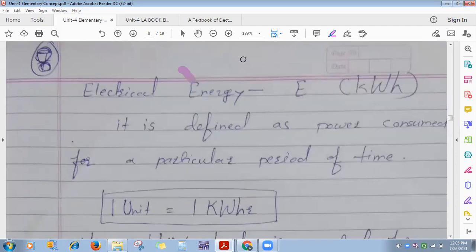Next is electrical energy. An energy meter is there at your home. Electricity is not free; you have to pay for that. How much will you pay? In proportion to how much you have consumed. So there must be some instrument which measures how much energy is consumed by a consumer, and then accordingly, whatever the rate of the electricity bill and the reading of that energy meter, you have to pay the charges.